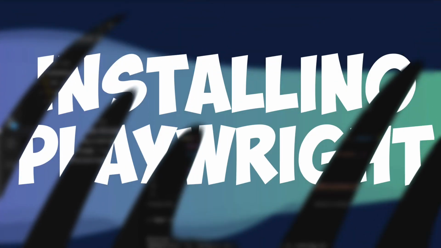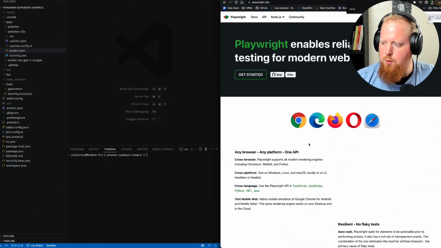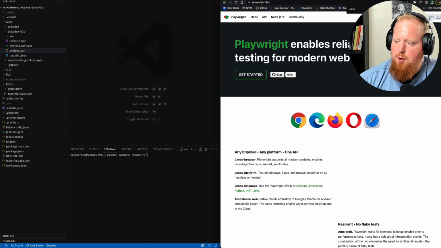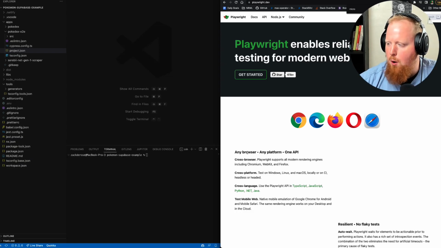supported by Playwright. For our crash course, we'll use our NX pokedex example that we've shown in our last few videos. If you're not familiar, NX is a monorepo tool we build here at Narwhal, and it's a particularly great way to build full stack TypeScript apps, where your front end and back end code are co-located in